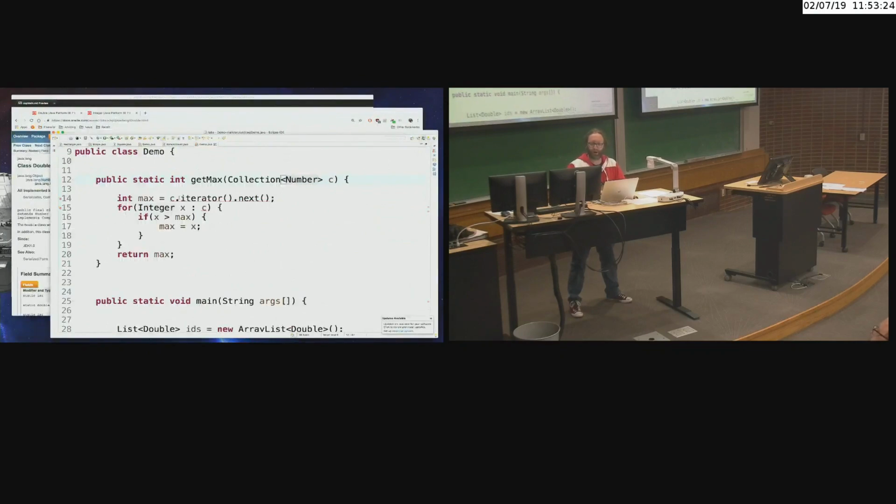And I can't call this an Integer now because it could be a double, it could be an int. I don't know. What is that first element? It's simply just a Number. And I will be iterating over numbers in the collection c. And then to make this comparison here, I need to say x dot compareTo max, not c, sorry. And if that is greater than 0, then